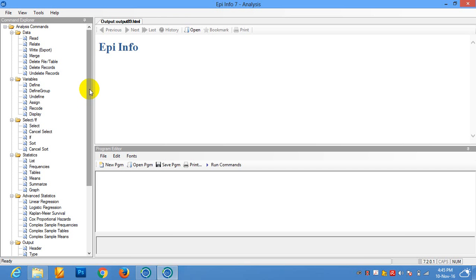So I will introduce two files. One file is Microsoft Access and the other is Microsoft Excel. So we can read the data from Microsoft Access and Microsoft Excel for data analysis on Epiinfo. First, look at the Read command here. Click on the Read command here